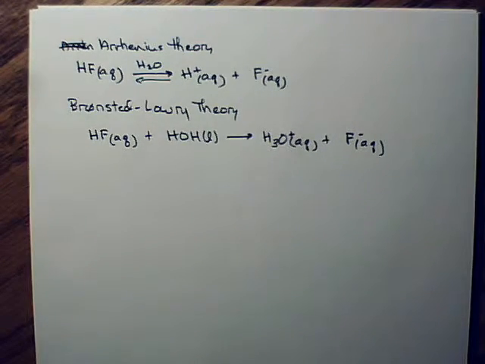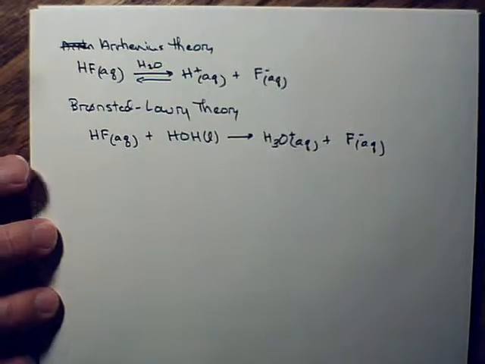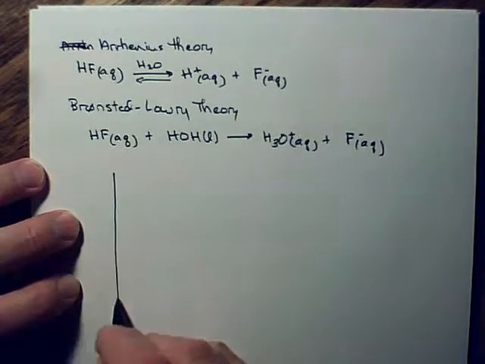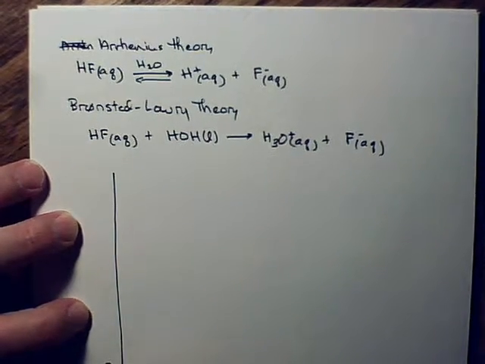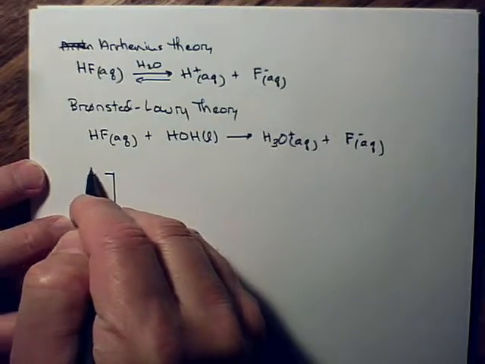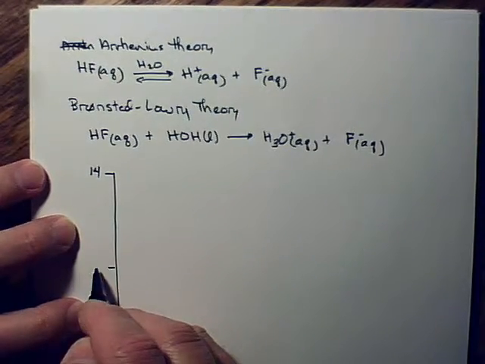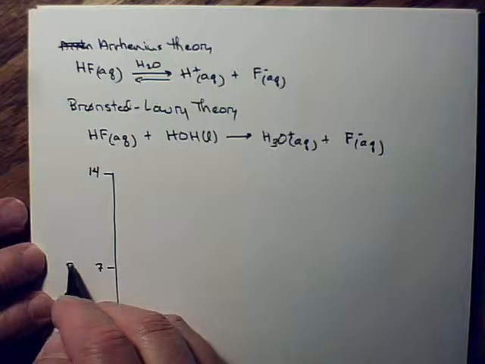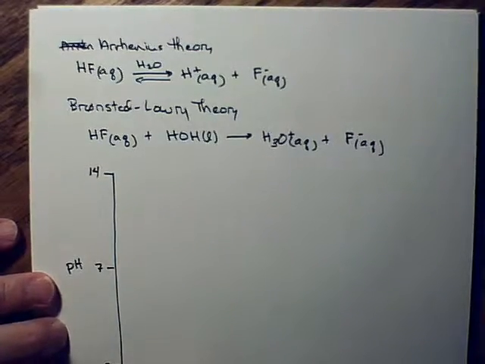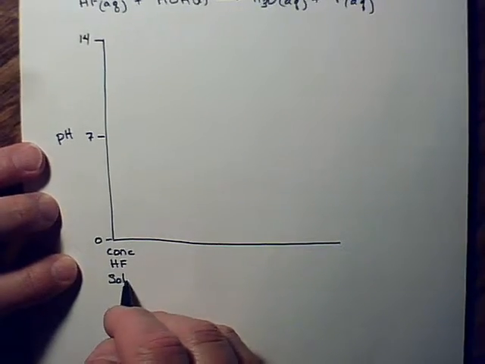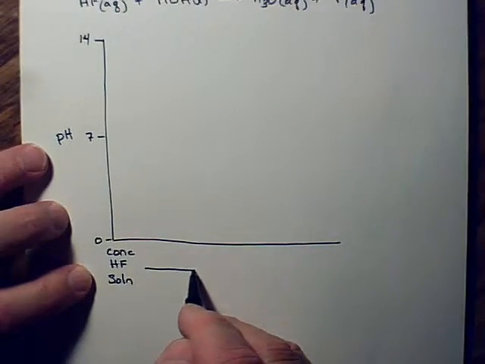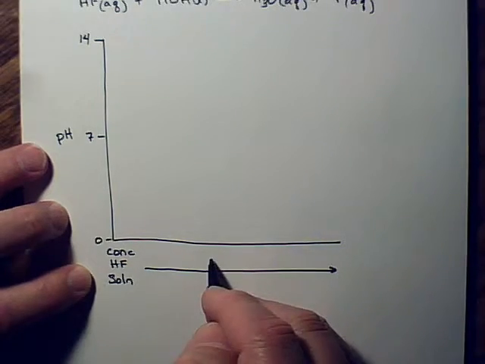If we're going to write a titration curve, since this is a weak acid, we're going to start somewhere above 0 here, because typically speaking, weak acids never quite get to a pH of 0. We're going to start with a concentrated solution of HF. Off the screen a bit. Here we go. And we're going to add to that base